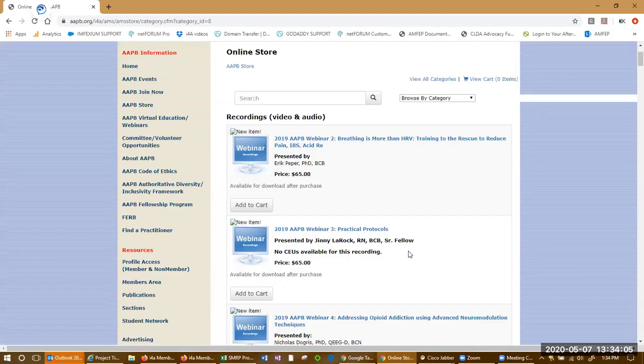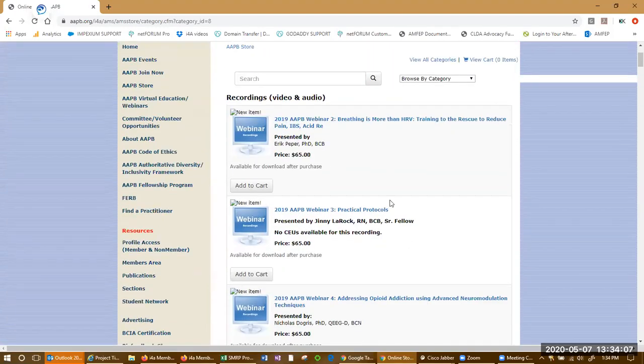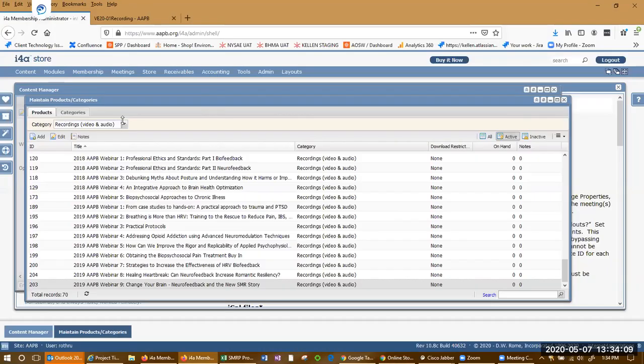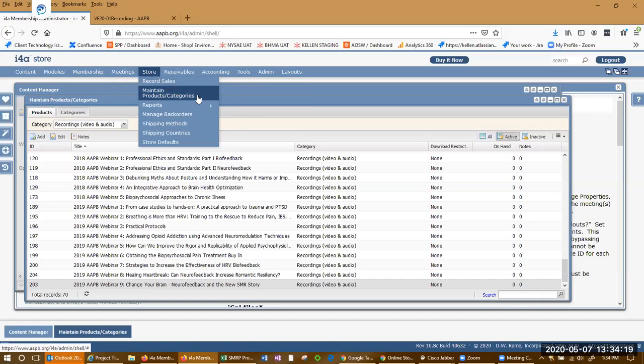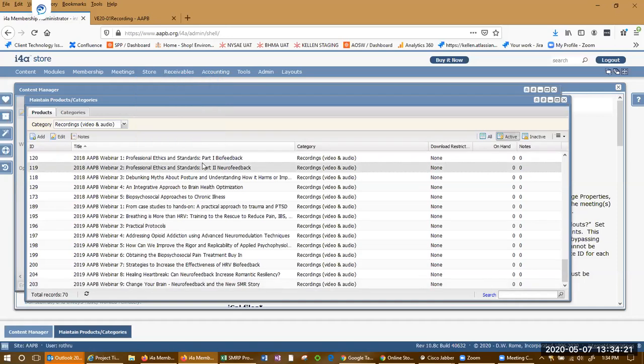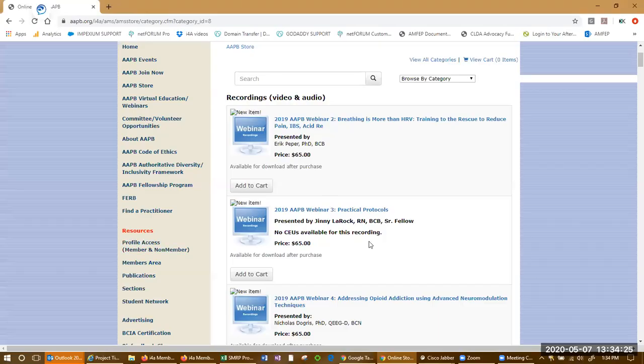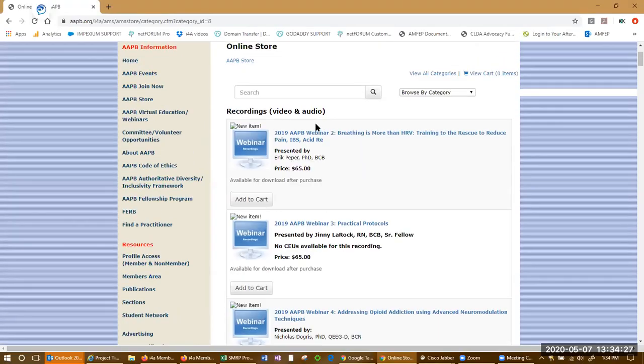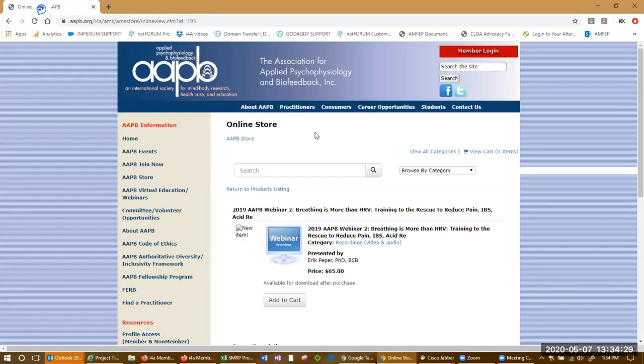Yeah, so all the recordings are set up actually in the store here, which is a different area. That's set up under store, maintain products and categories. All of these are set up within here, and once they're set up here, they display here on the front end of the website. So like Andrew was saying, if someone were to go in here,